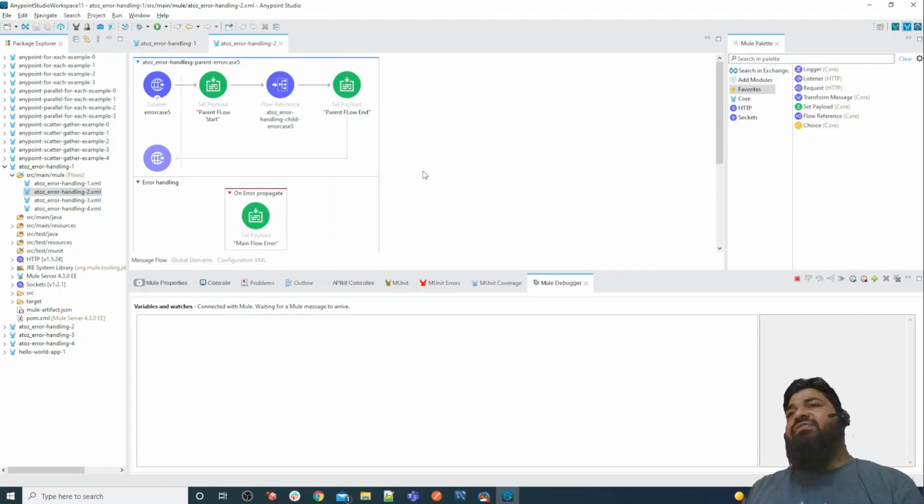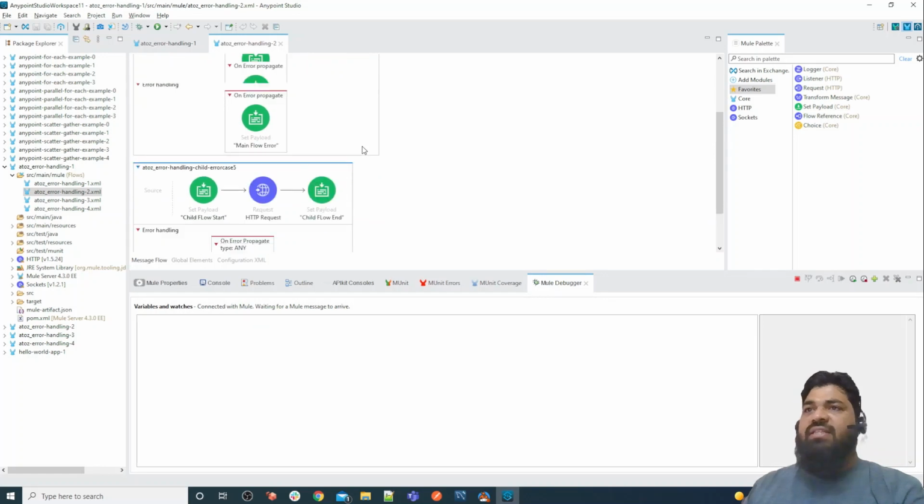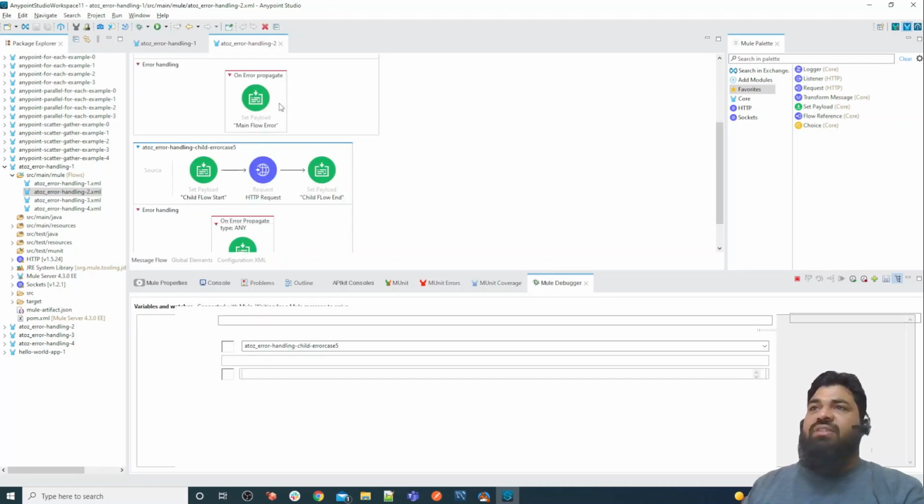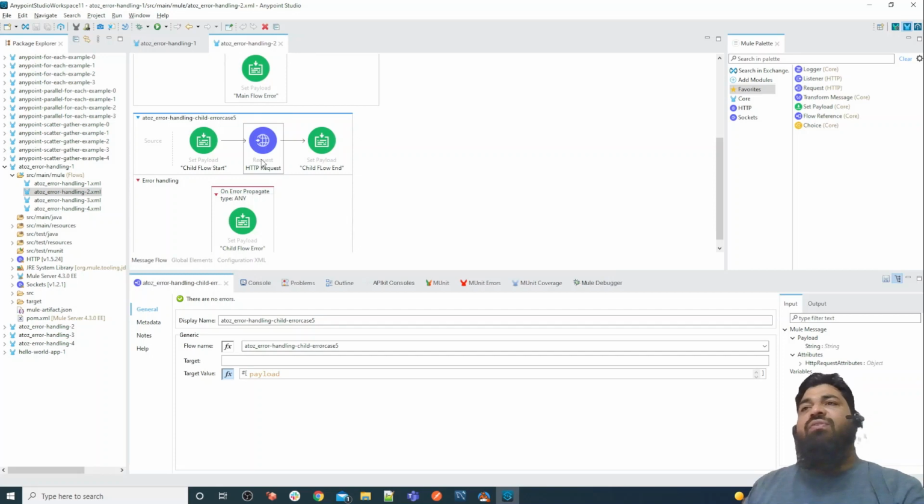In error case 5, we have a parent and child flow. Let me first explain what a parent and what a child is. Here, as you can see, we have one parent flow calling a child flow. This is the child flow. In the child flow, we are getting an HTTP connectivity error.